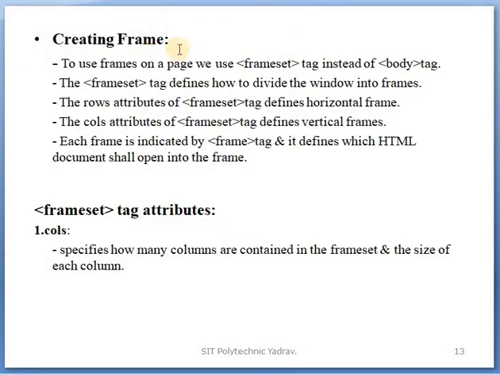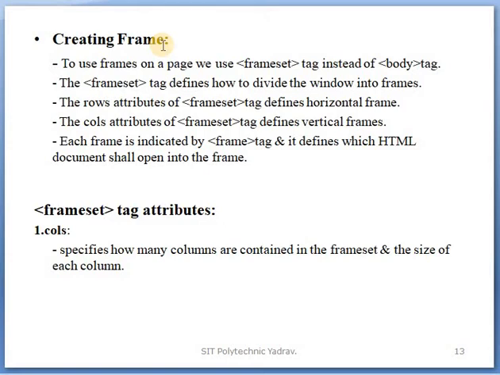Creating frames. To use frames on a page, we use the frameset tag instead of the body tag. When you create the frame, in short you create the web page. What is the function of the body? Using body, you display the contents on that web page.